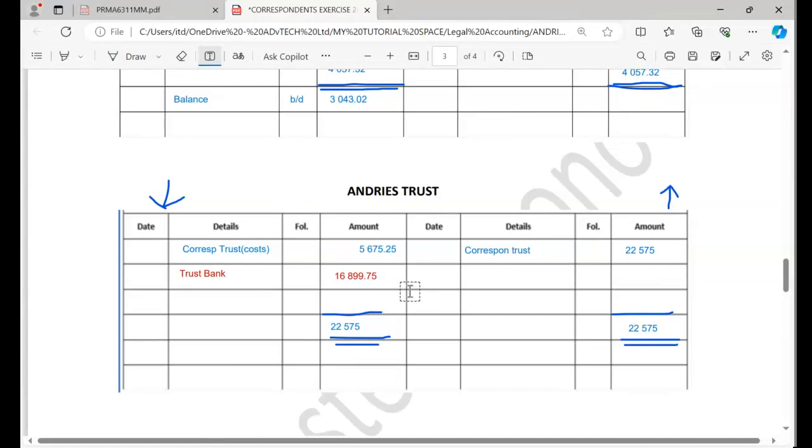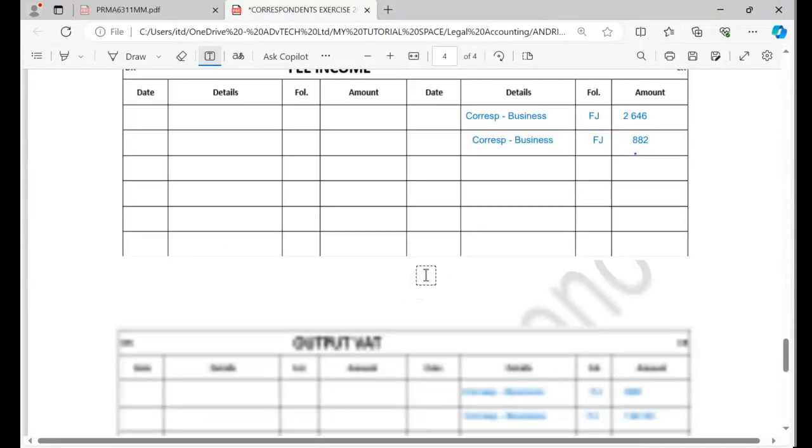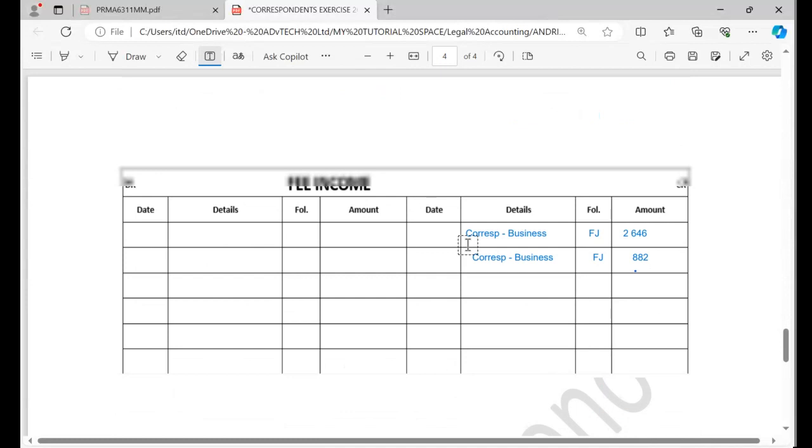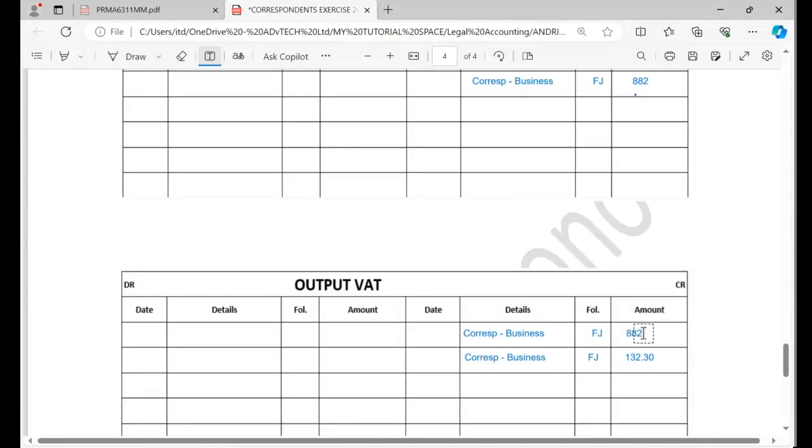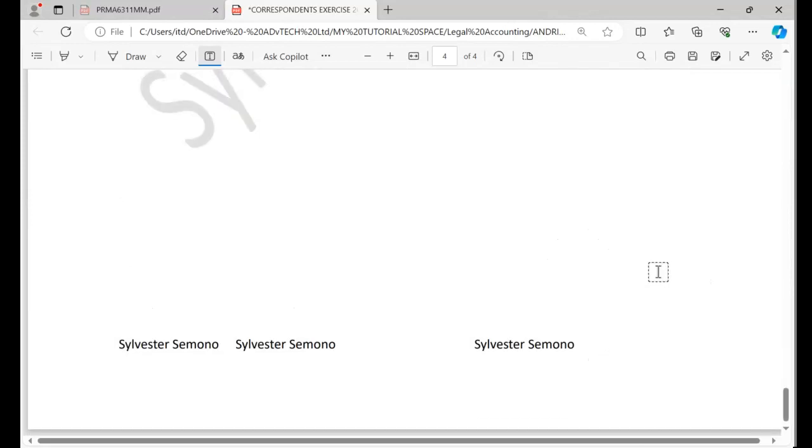Someone can ask, why did we not put the other fee? Because we did not have the other fee. The one that I was talking about where I said I made a mistake is this one. Can you see now? This is where I made a mistake. This was supposed to be 396.3. I hope you understood when I said I made a mistake. So now if you go back to the statement,